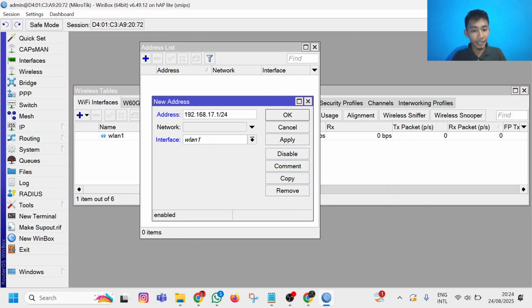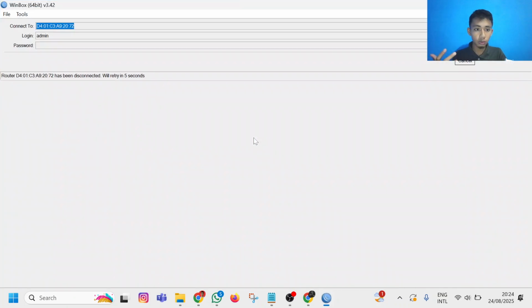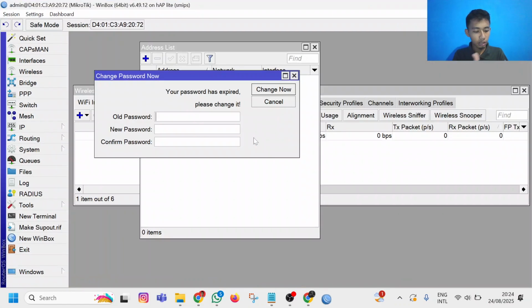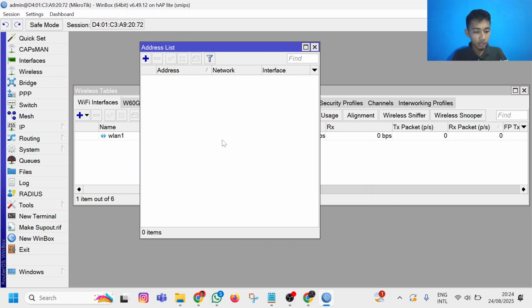And on the interface, we need to set it to Ether 3. Why do we need to set the interface to Ether 3? Because this is my router, and I'm connecting my computer to the router using the Ether 3 slot. You can use Ether 3, 4, or 1. If you connect to the router on this slot.